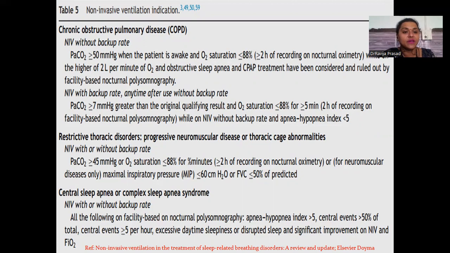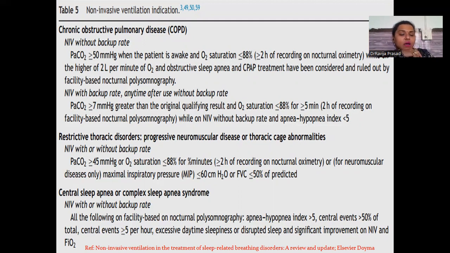These are the conditions where the PaCO2 is greater than or equal to 50 mmHg. The O2 saturation is less than or equal to 88%. The oxygen supply is up to 2 liters per minute. Then CPAP treatment has been considered and ruled out by the facility based on nocturnal polysomnography. Now, the second